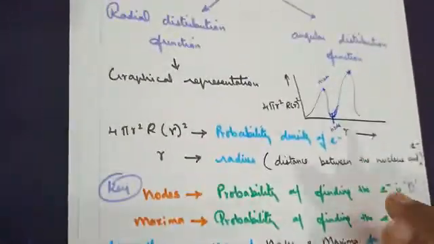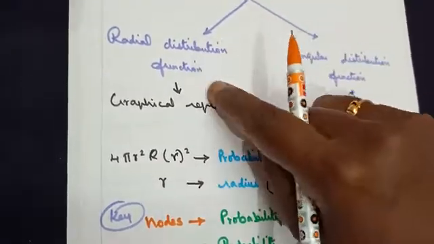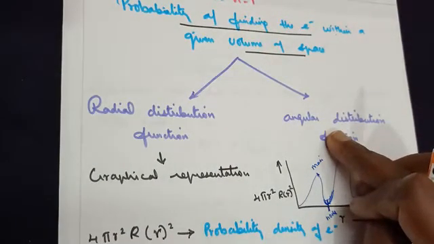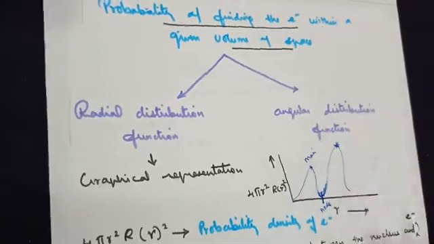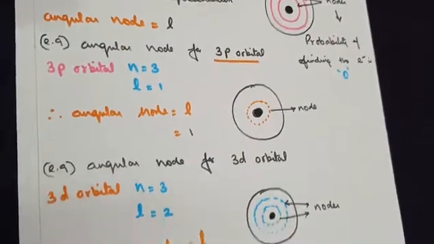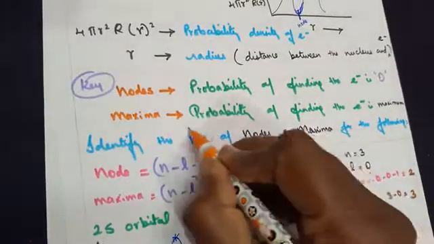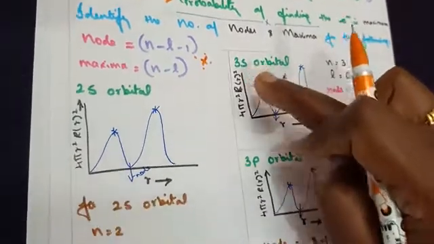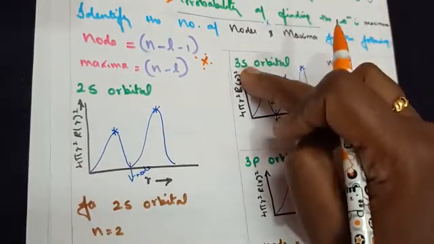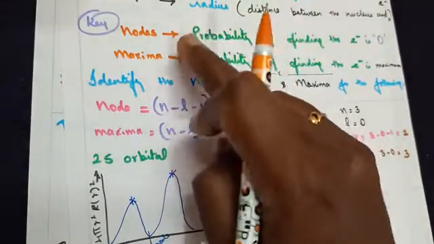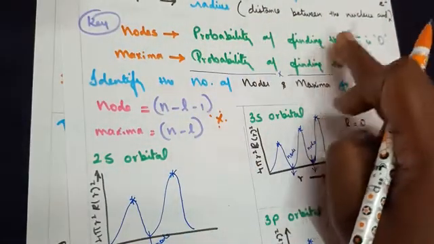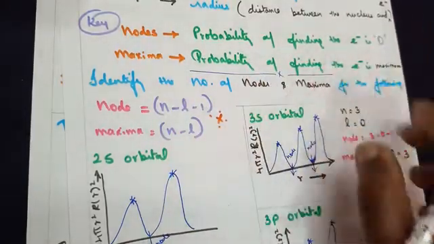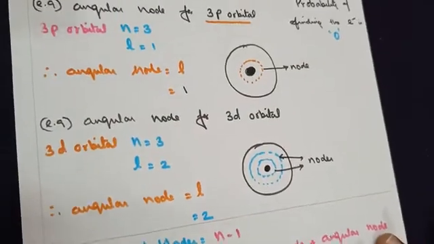Only so much in terms of radial distribution function, meaning probability of finding the electron within the atom. The next concept we will see is how to calculate angular distribution function. That's also very easy. In terms of writing the answer, only so much is your answer. These points only. For any orbital, you can calculate nodes and maxima. Remember, node stands for probability of finding the electron being 0 in that particular place. Maxima stands for probability of finding the electron being maximum in that particular space, point or plane.